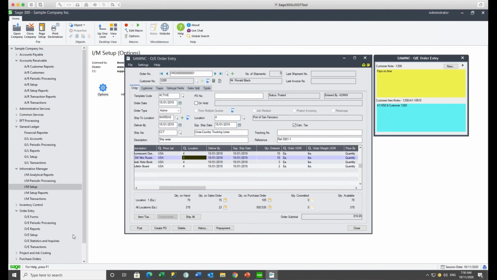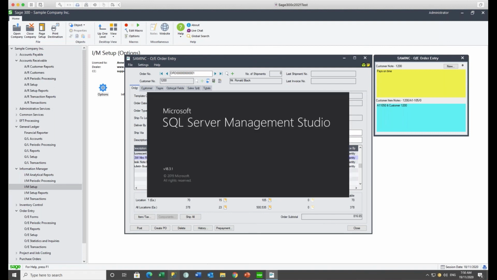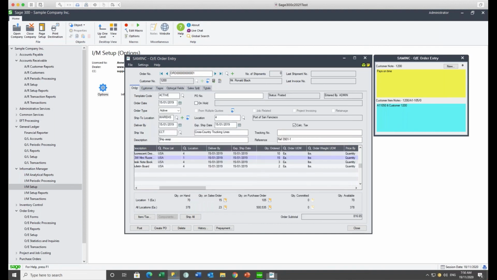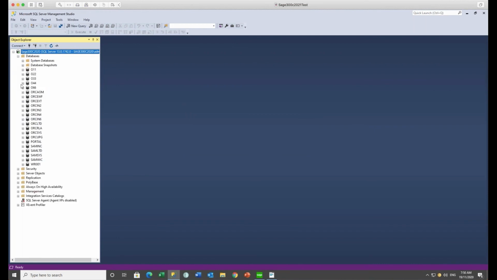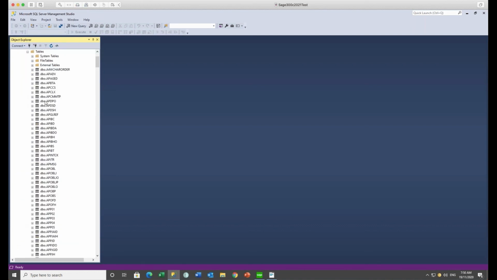Can you show us where the KN entry is? Yep, sure. So it's in SQL. If you go to SQL for the company that you're connecting to, and I'm just firing it up here. I don't think I have notes activated in any of the databases that I have here. Oh, it may be active in this one. But if you go to the tables and you go to CS app,